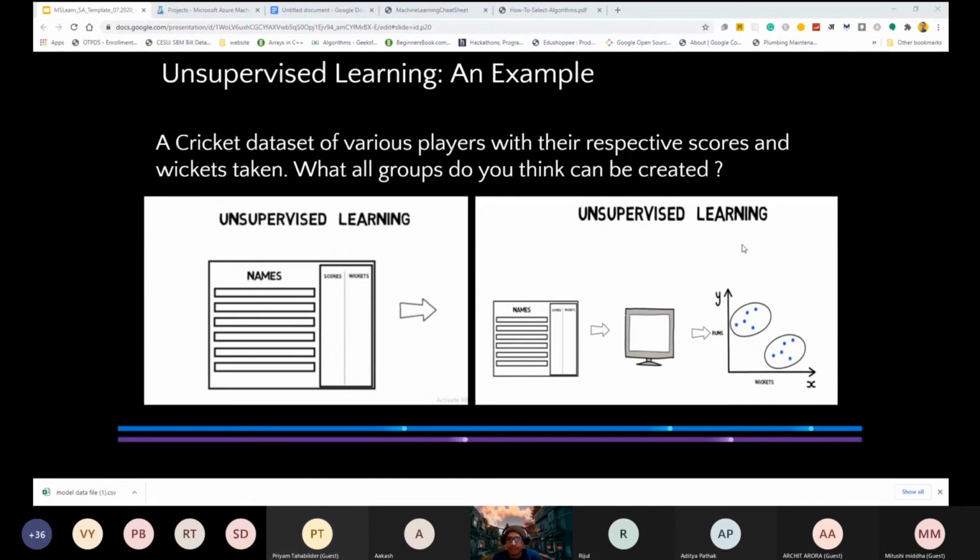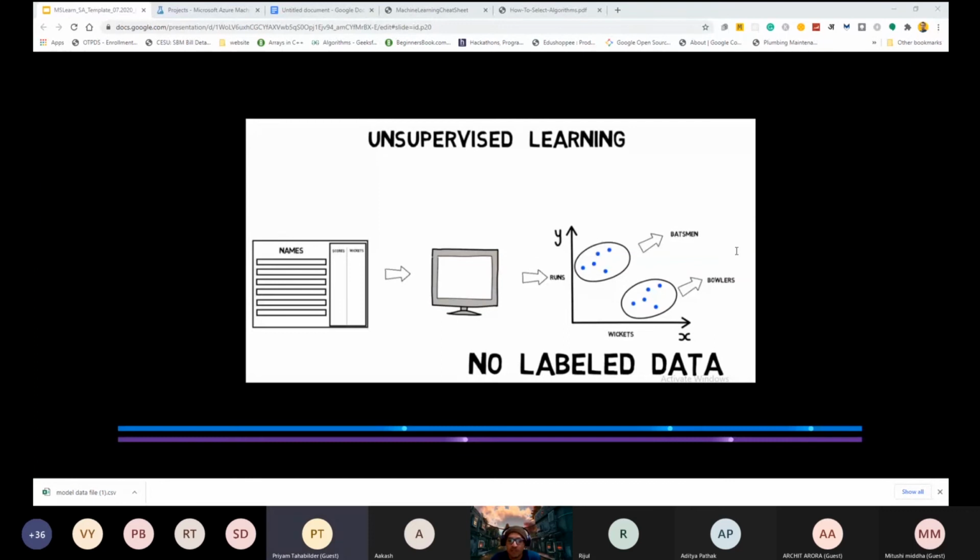Basically, our model will identify the pattern by grouping together similar cricketers. For example, we will divide them into the batsman who scores runs and the bowler who takes the wickets. Here you can see that we are not using any labeled data. This shows that the machine identifies the labels by itself. For example, there will be no label for the batsman and the bowler, but now we can easily label them. The goal of unsupervised machine learning is to detect patterns in the data and to group them. Unsupervised learning is machines trying to learn on their own.